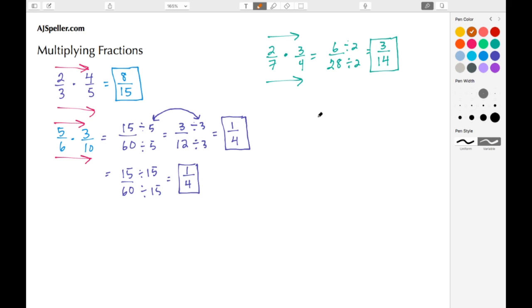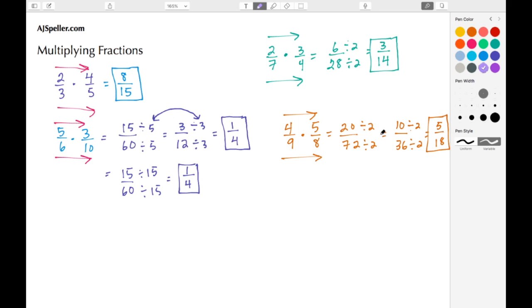And let's do one last example. Let's multiply 4/9 times 5/8. All right, multiply across the numerators and across the denominators. 4 times 5 to give us 20, and then 9 times 8 to give us 72. Again, these numbers are even, so I can divide by 2, which means just take half of them. Well, half of 20 is 10, and half of 72 is 36. Numbers are still even, so I can divide by 2 yet again. Half of 10 is 5, and half of 36 is 18. So here my answer, or my product, came out to be 5/18.